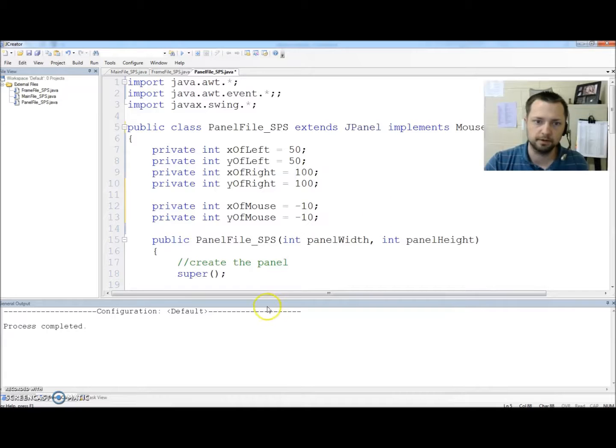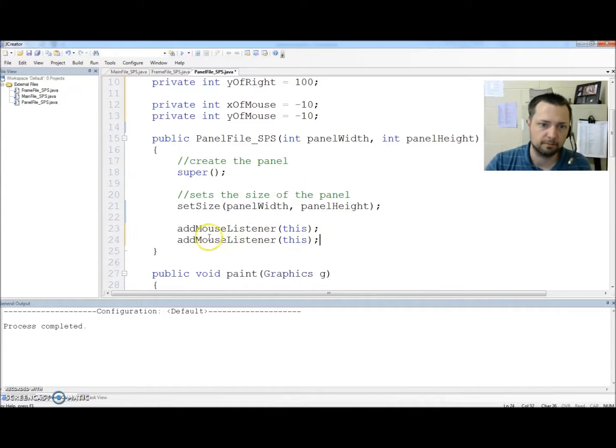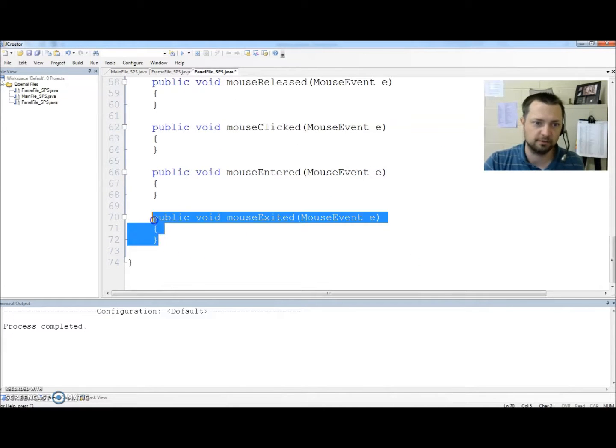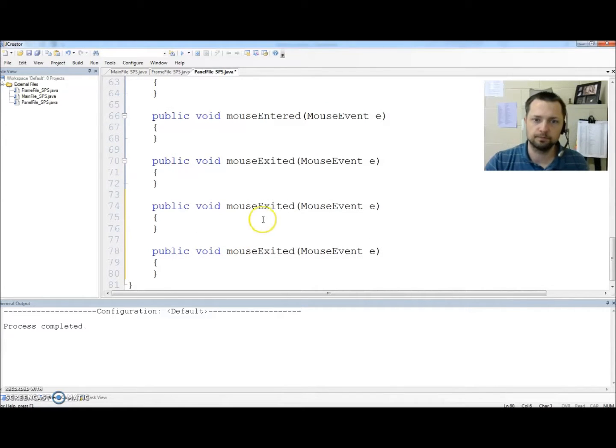We're going to go down here and we're going to say, you know what, this window doesn't just care about mouse listeners, it cares about mouse motion listeners, which means there's two more methods we have to write. MouseDragged and mouseMoved. So I'm going to write mouseDragged